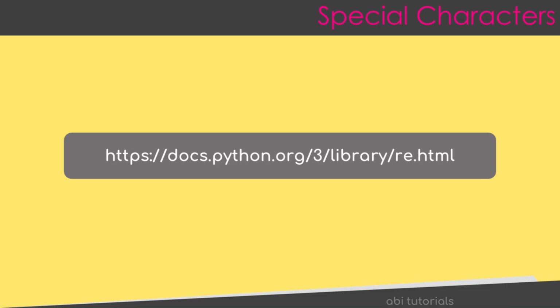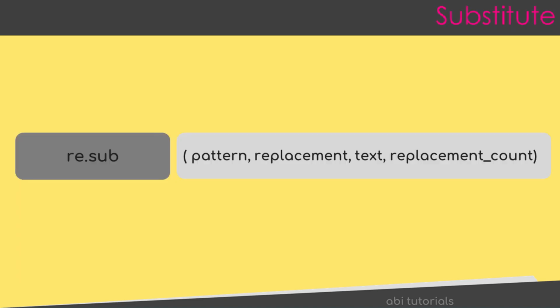To learn more about the re package and the special characters that can be used, please refer to the Python docs as given here. Finally, we are going to see the sub function and how it is going to be used. The sub, or substitute, acts similar to the find and replace functionality in a regular notepad. This function takes the following parameters. First, the pattern. The second parameter will be the text that should be the replacement when the specific pattern is found. The third parameter is the source text, and finally we can pass the count of replacements to be made.